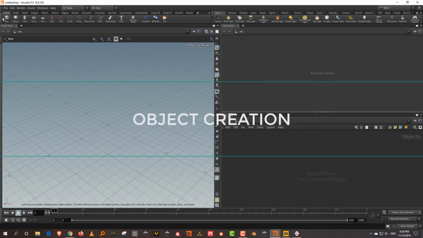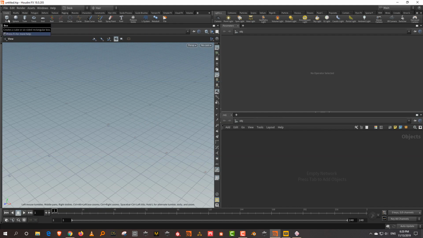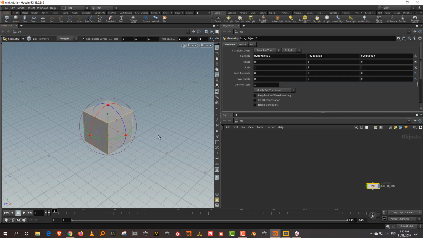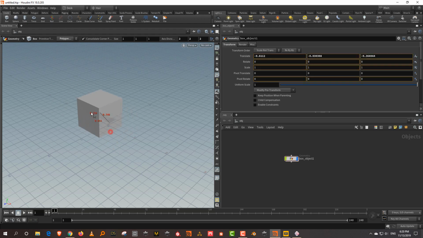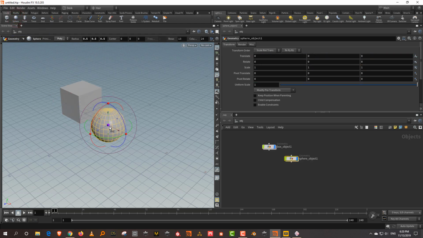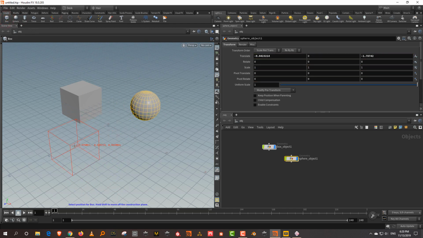The simplest method is you can go to the shelf and click on any object and then click anywhere in the viewport. That will make the object and make the node for it. You can also, if you control click on anything, it'll form at 0. That is also another way. And then when you are moving it around, if you keep control pressed, you can snap it. So if I want to go vertical,